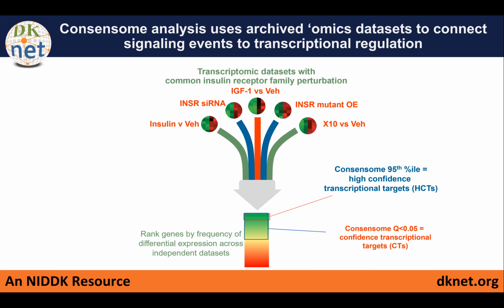There are those that we can identify as high confidence targets, which have a consensome Q value of less than 0.05, or if the consensome is large enough and we have enough underlying data sets, we can also designate a set of